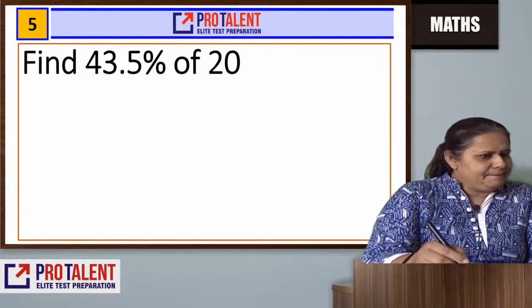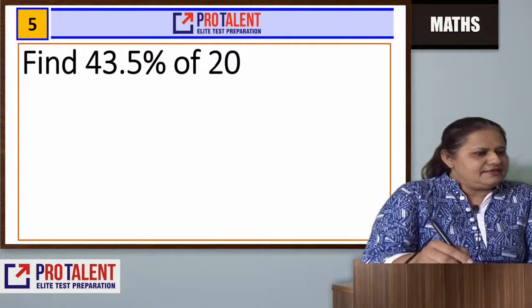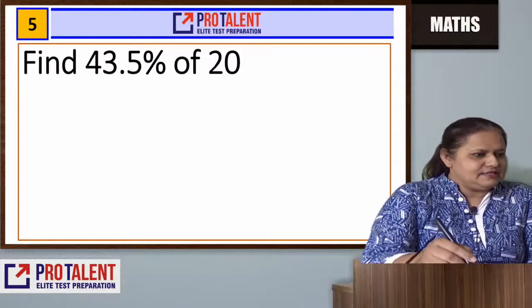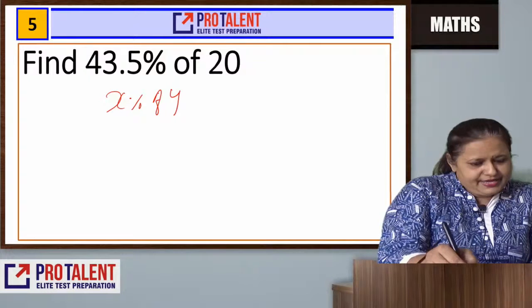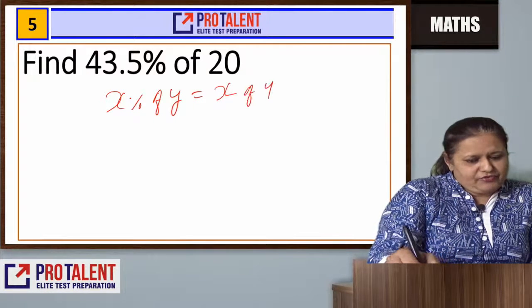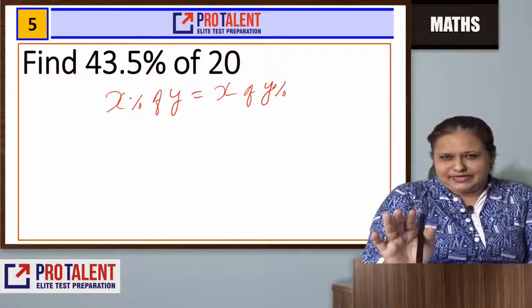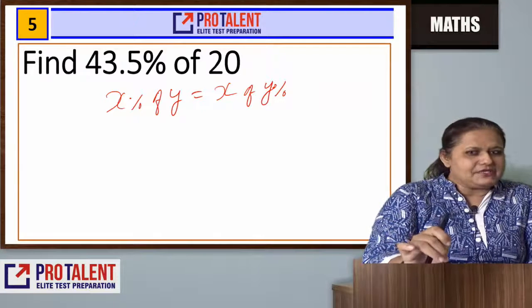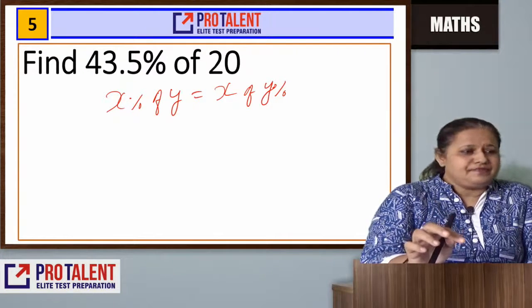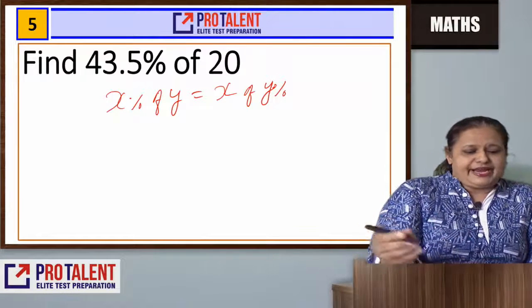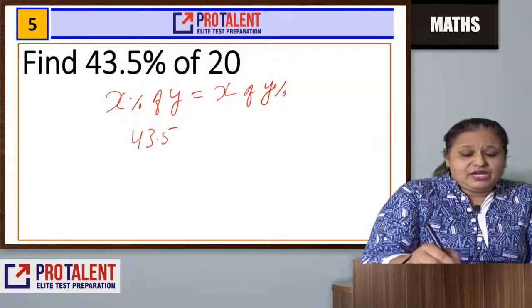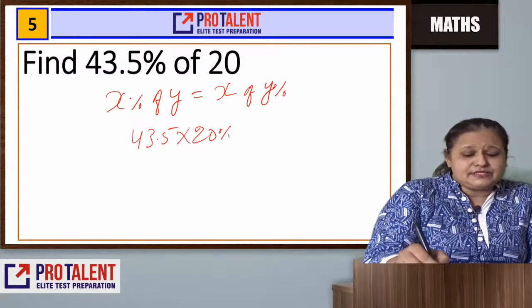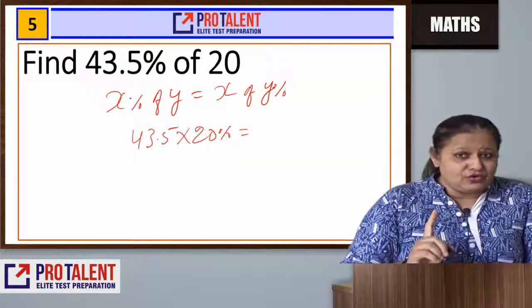Okay, so here I am writing 8.7. Correct, 8.7 is the right answer. So, Rashi did 50% minus 6.5. Okay, fine. Can I write x percent of y as x of y percent? Mathematically, don't go into the numbers and the interpretation of it, but in value terms, I'm taking the logic of multiplication, right? So, can I write this as 43.5 of 20%,